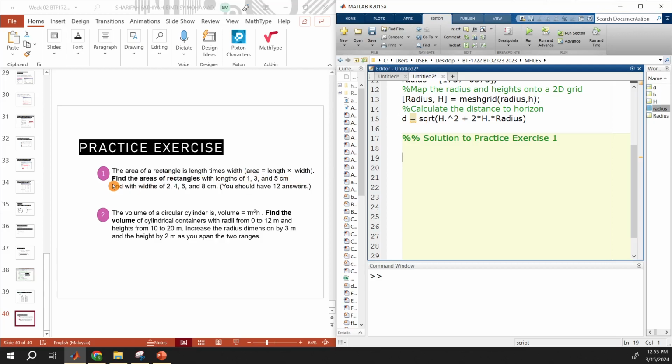formula. It asks you to find the areas of rectangles with a length. So we have the length 1, 3, 5, and next we define the width as 2, 4, 6. Obviously they have different sizes. One has 3 elements, the other one has 4 elements. So you know you have to map onto a 2D grid